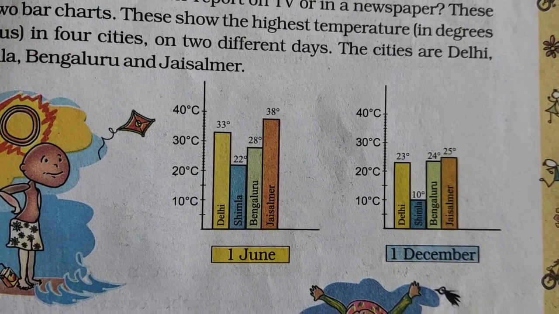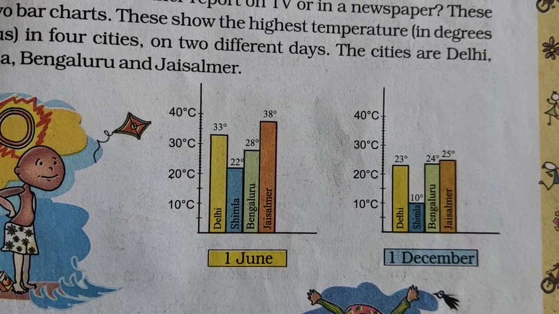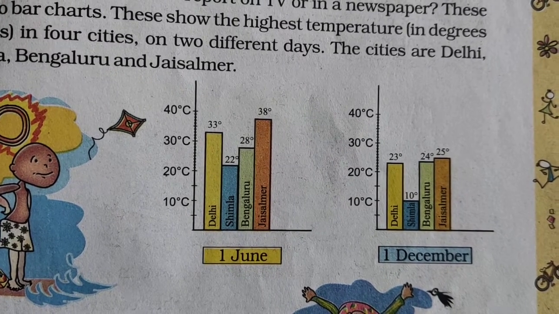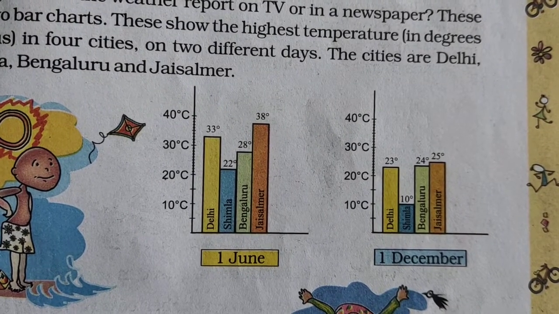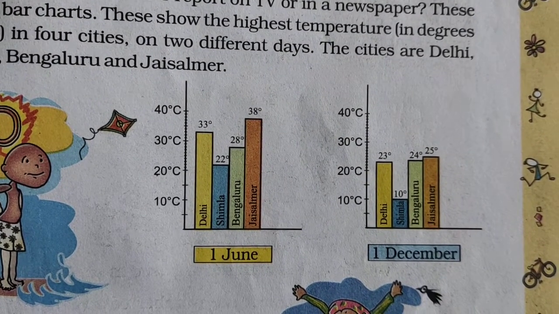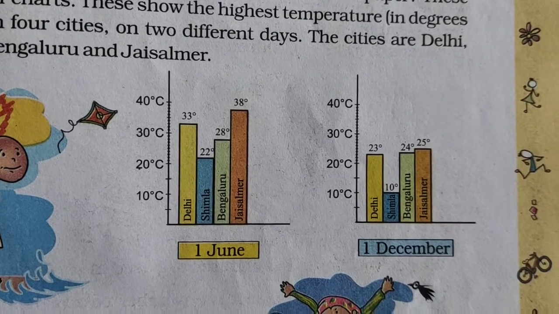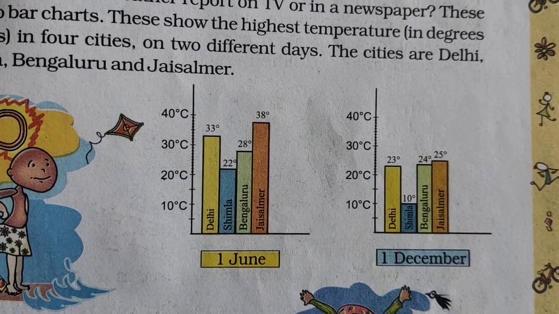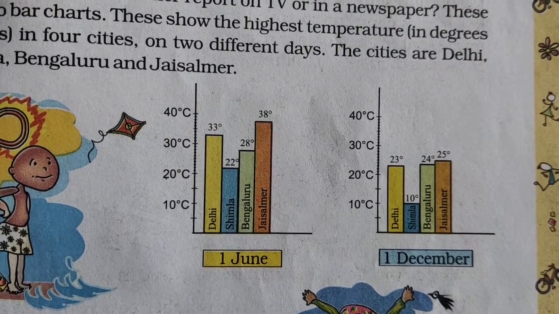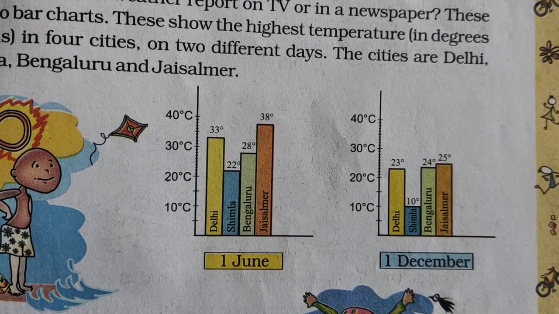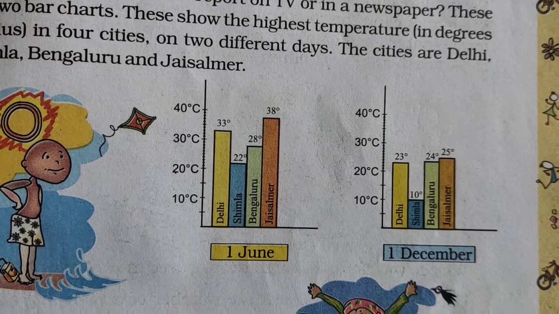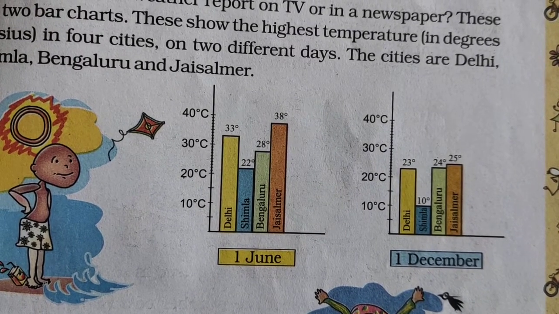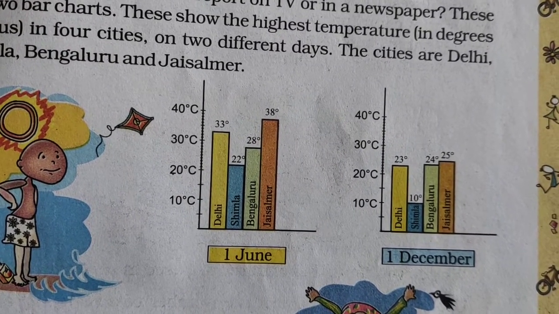Instead of looking at the rate, that in 1 over 5 runs, 2 overs 7 runs, 3 overs like that, if we directly see the bars, we can directly analyze in which over maximum or minimum runs were scored. So as I told previously also, by looking at the picture we can understand fast. We can analyze faster than looking at the data. That's why the data is represented in the form of a picture.